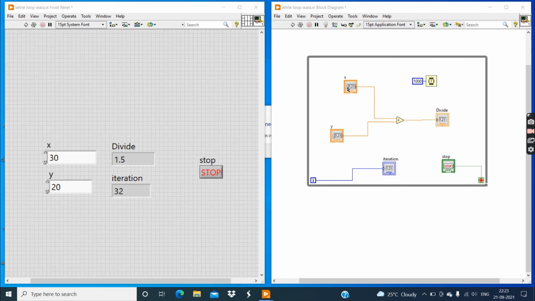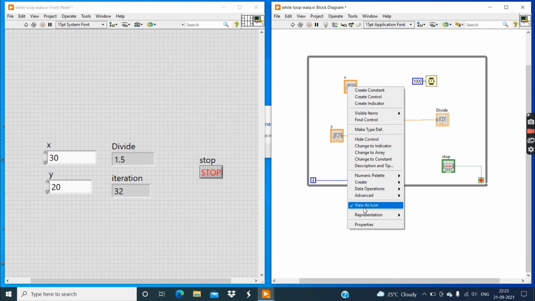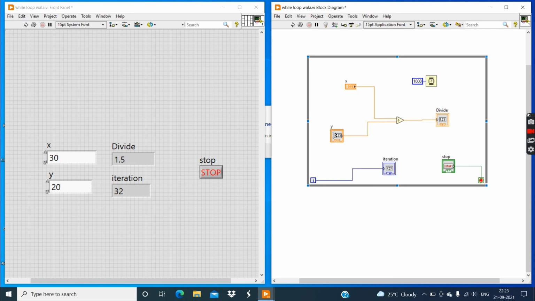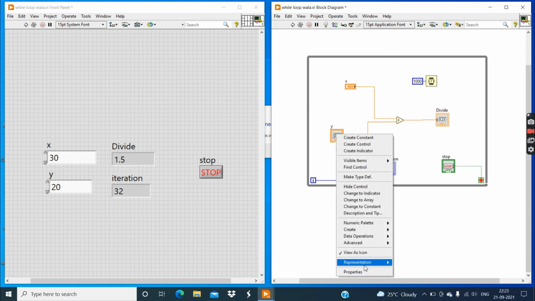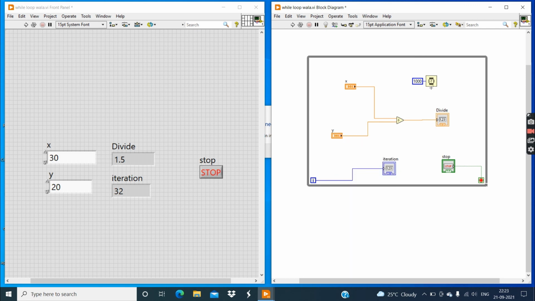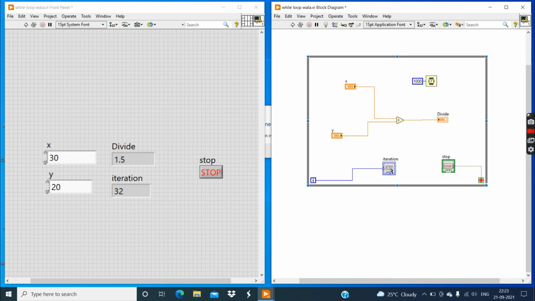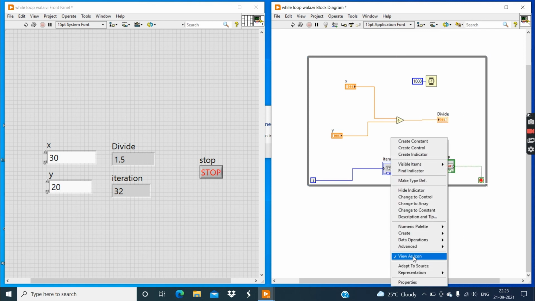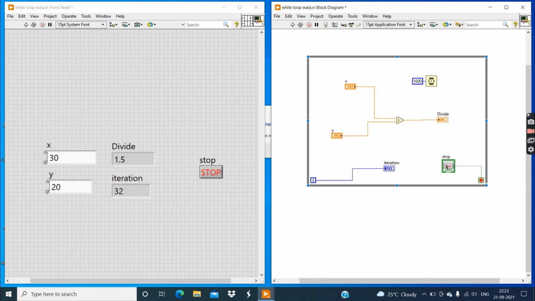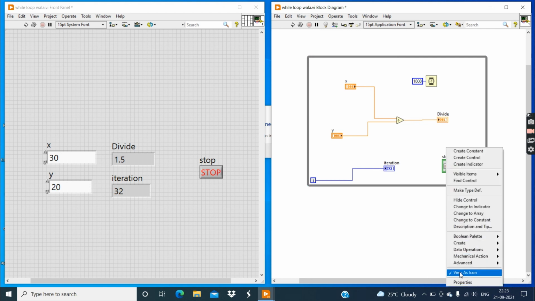Now right click on this X controller and click on view as icon. Similarly with this Y controller also, click on view as icon. With this indicator also, view as icon. With iteration, view as icon, and with this stop button, view as icon.